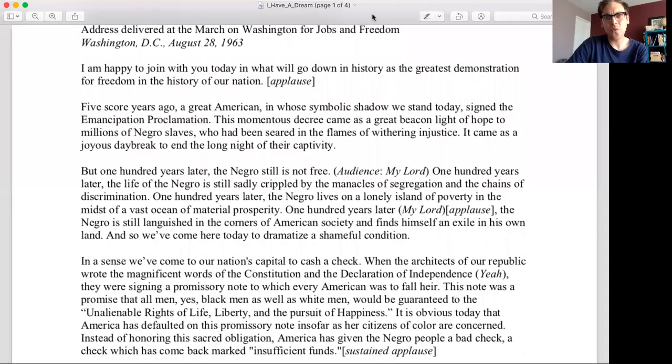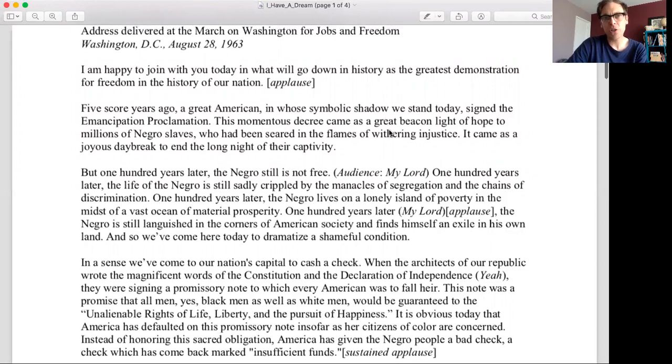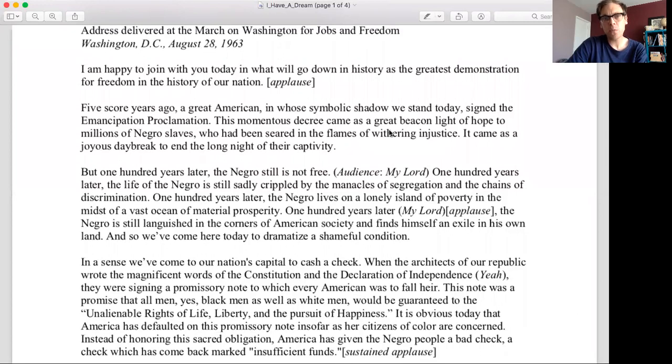Hi students, for Module 4, or at the end of Module 4, you're going to be reading 3 paragraphs from Dr. King's famous I Have a Dream speech. And I wanted to take just a few minutes to go through those 3 paragraphs with you. Want to make sure that you understand what he's saying and that you have a little bit of context